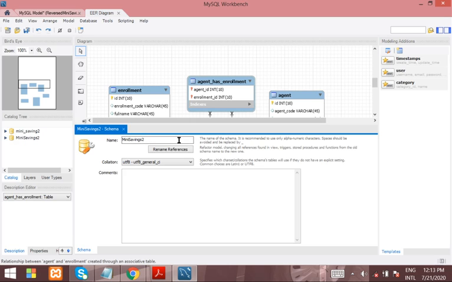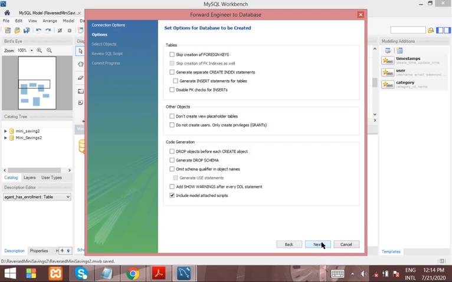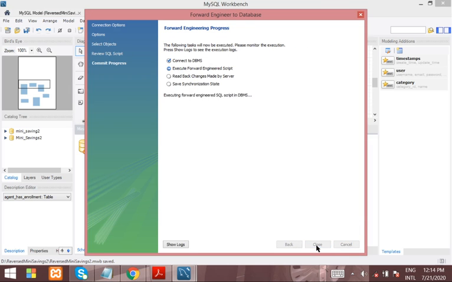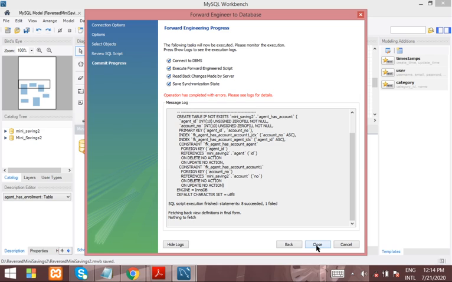If you want to create this database again, you have to drop that other database. I don't know whether if you just forward engineer it, it will drop it and create it again. Let's try it. Database, forward engineer, next, completion. The operation has completed with errors, please.